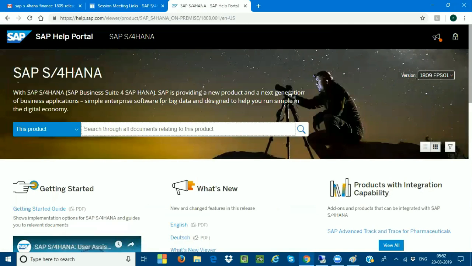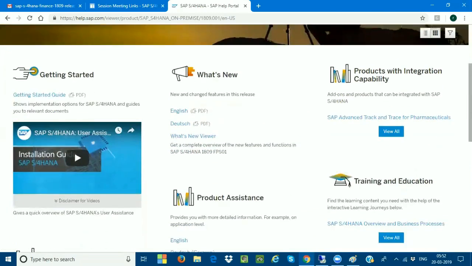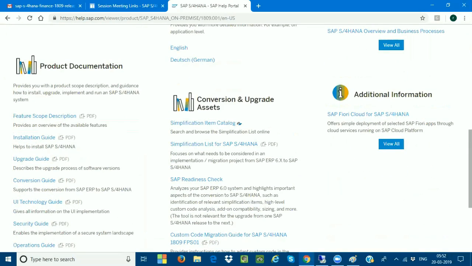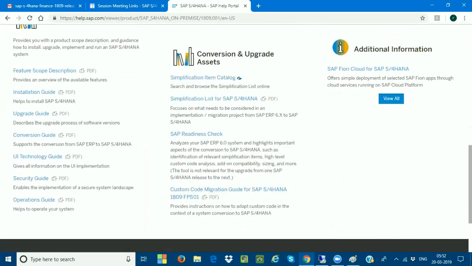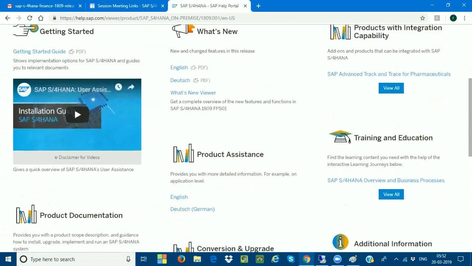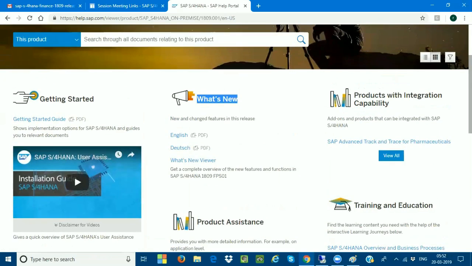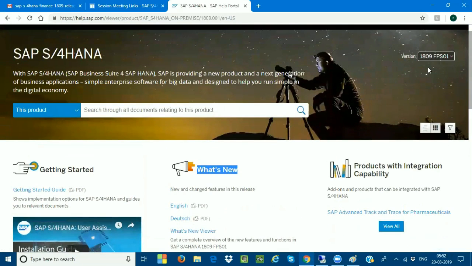Now if I go into the Feature Pack Stack, there is one document called What's New. Yes, here you can see What's New in SAP S/4HANA. It shows what changes have happened between 1809 with the basic service pack and what has been upgraded in 1809 Feature Pack Stack 01.